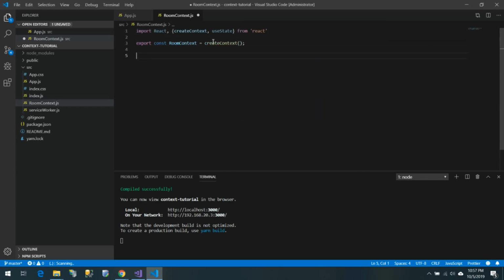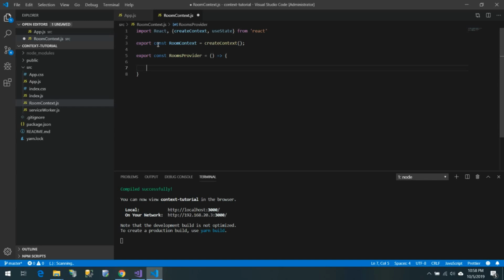Okay, now here, I'm not going to use export default because I am going to export multiple things from this file. So that's why this is export. And also I'm going to name the export constant rooms provider. Okay, the rooms provider, what I need to do is I'm going to give some parameter, but for now let's do like this. So here what I need to do is I need to create